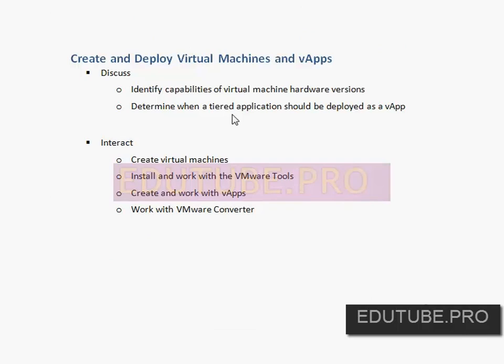I want to punt for a minute on this discussion about vApps and when you should convert virtual machines to vApps, because I need to explain what a vApp is first. But what I do want to do are some basic introductory tasks associated with creating virtual machines, the notion of what the VMware Tools are and how you might install them, and ultimately create and work with those vApps as well, and then I want to spend a minute